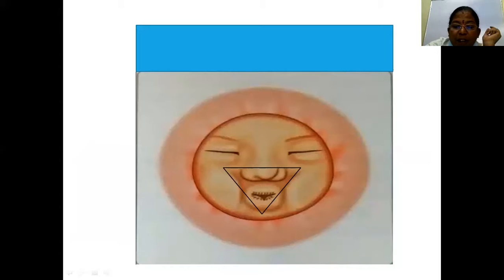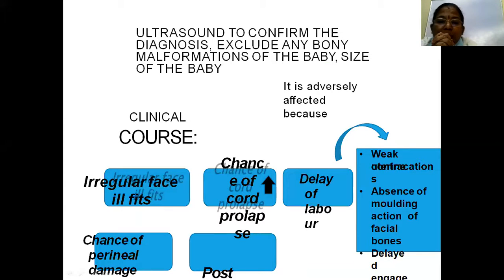This is a case of tumefaction, what we can feel, because there is edema of the face. So how can we confirm the diagnosis? Now there is a role for ultrasonography. Ultrasound in the labor room is a great help for us in malpresentations and malpositions. Ultrasound can confirm the diagnosis, and more importantly, it can exclude any problem with the pelvis. Any bony malformation, the size of the baby, the weight of the baby, everything we can see by ultrasound.